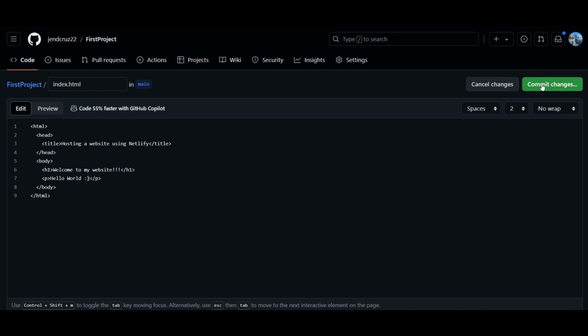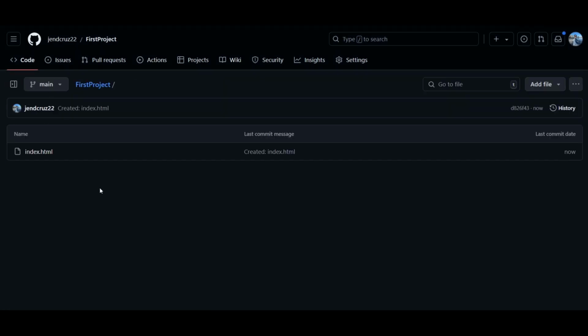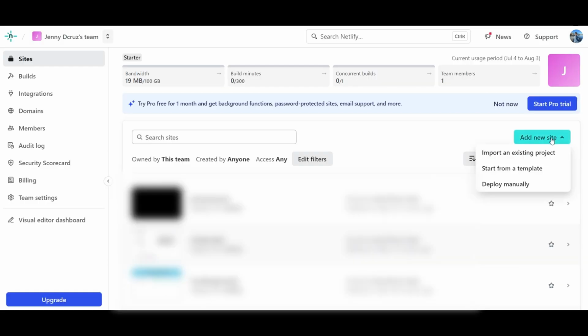And now we can commit these changes directly. So yeah, created index.html file, commit the change, and it automatically reflects in your repository right away. Now that we have some code that we can use when we host our website and see the result, we can go back to Netlify, add a new site,